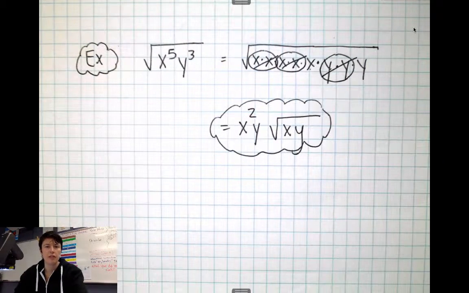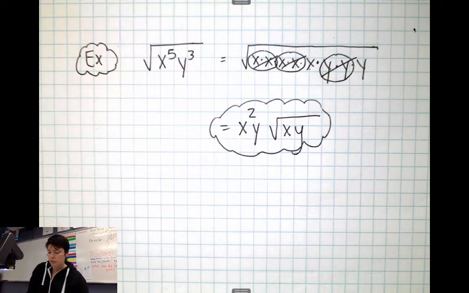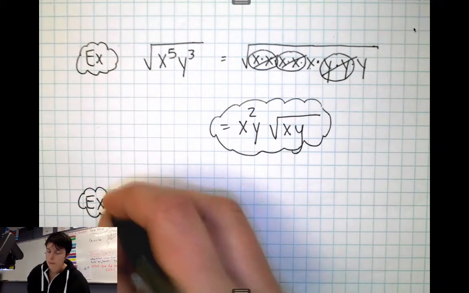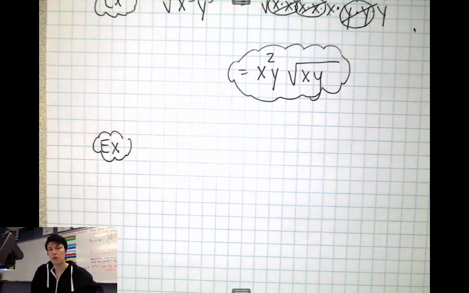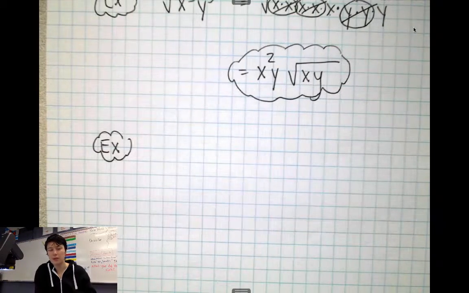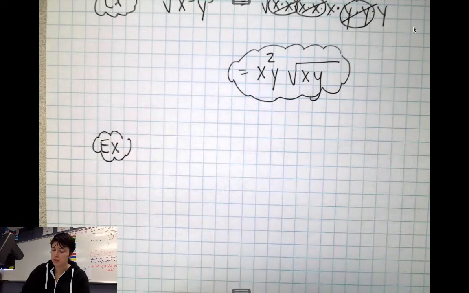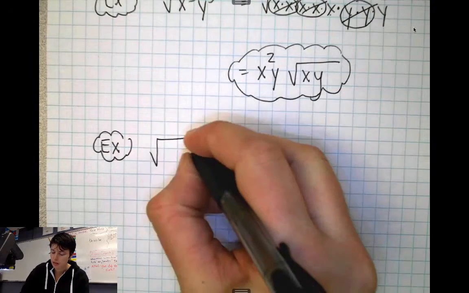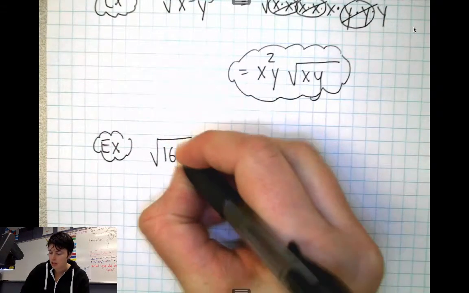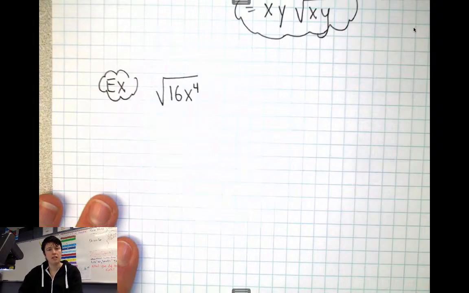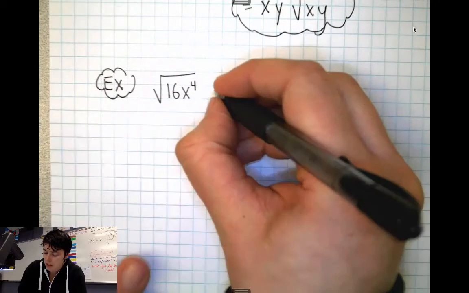That's my simplified answer. So let's look at another one. We'll kind of continue to try these. Another example that we could do is we could start mixing variables and numbers inside the square root at the same time. For instance, I could tell you I have the square root of 16x to the fourth. So now I'm going to look at 16x to the fourth, and I'm going to break that down and say,